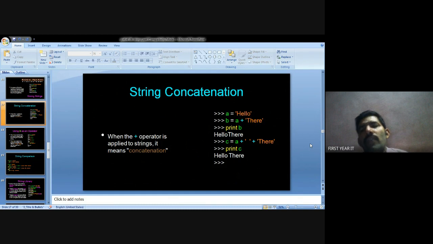Another example, C equals A plus a single quotation plus there. Print C gives the result hello there. Concatenation means we are adding two string values.